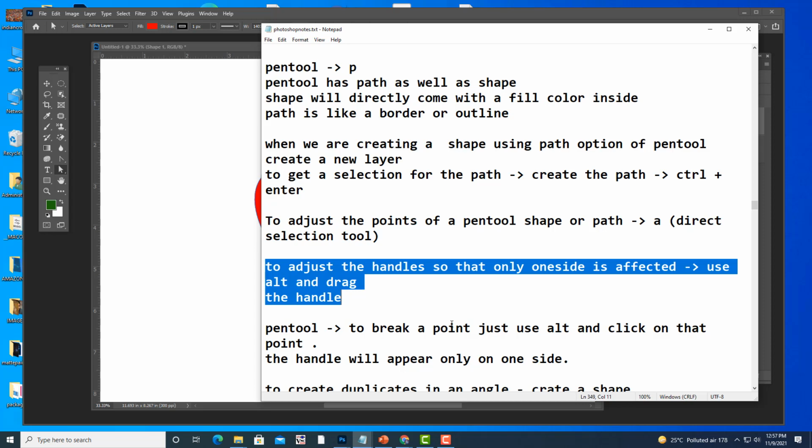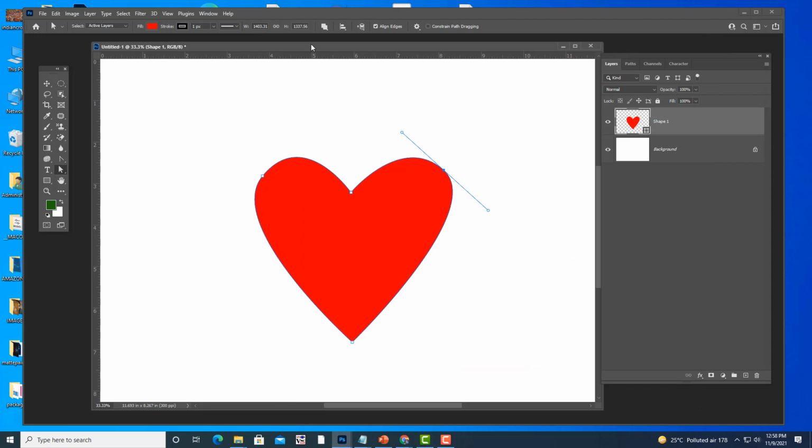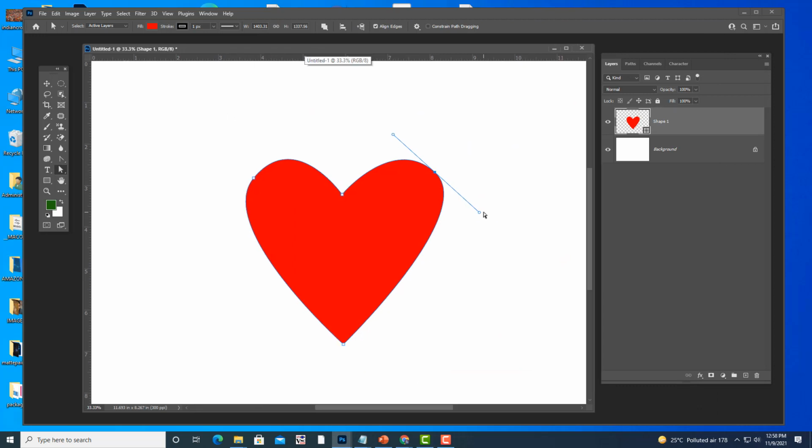So what is the meaning of this? Let us see. I'm using Alt, and then I'm moving this point. See what happens. Now we are only affecting one side.